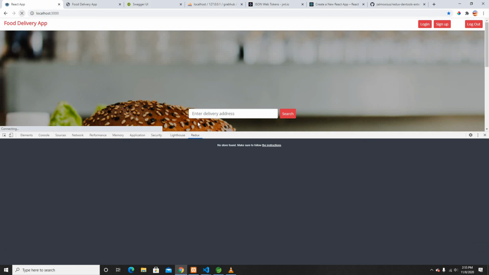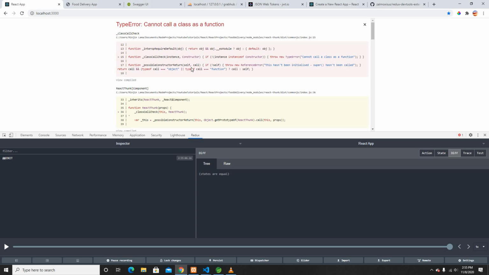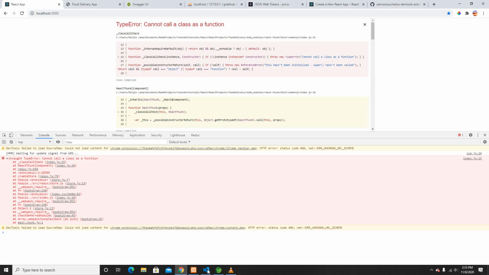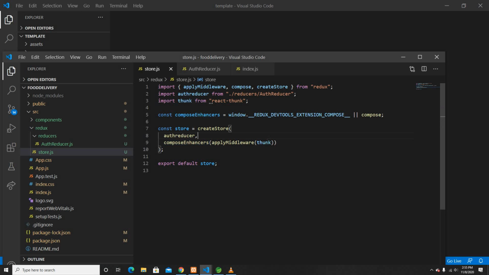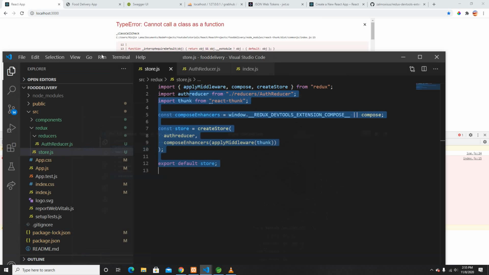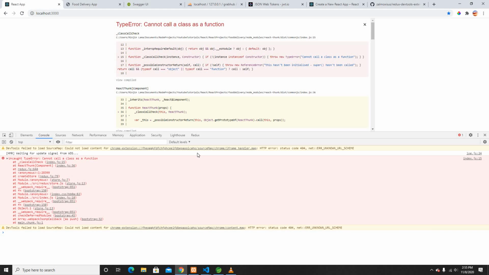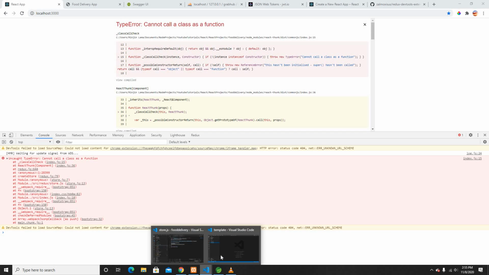So if I go to my app, I think it's not going to change anything. Cannot call a class as a function. Okay, there is an issue. If I refresh, let me check, still an issue, and it says that something is not right in the setup. Let me go to my setup here, and this is coming from Redux thunk, which is good. ApplyMiddleware is also coming from Redux. Okay, and the compose is good, and I'm creating the store here, and I'll just save it. Let me check if I refresh. Yeah, I still see the issue here. Something is not right in my